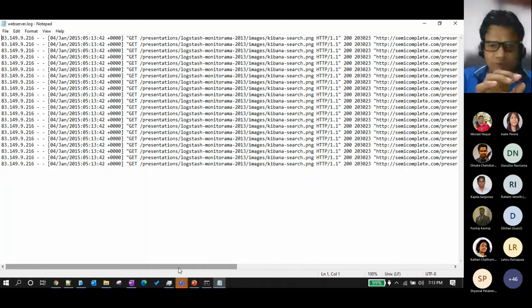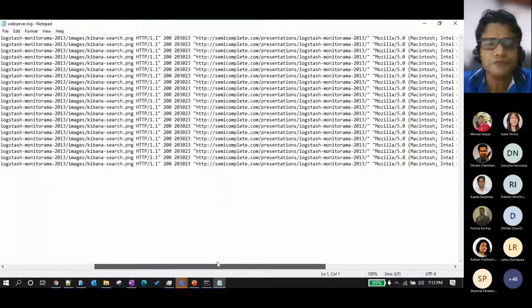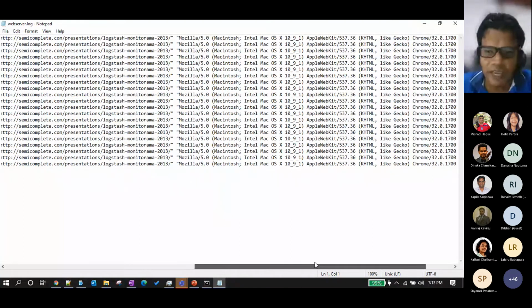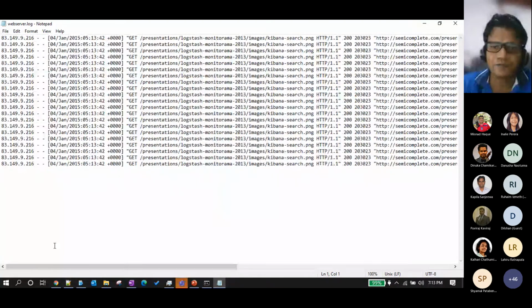The logs also need to be arranged in such a way that, for example, the Apache logs are in a particular format. Then when you filter it in Logstash, it is very easy. Otherwise you have to write a different Logstash conf file to capture each and every Apache log to do the filtration.